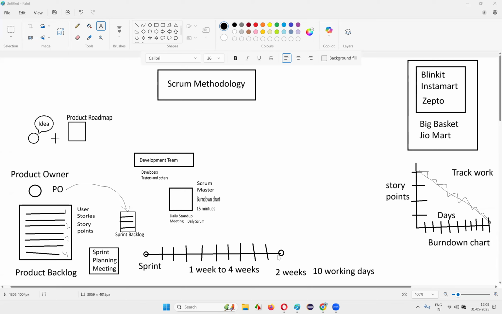At any point of time, if you get a doubt, the product owner will be there to answer your questions on the business side. If you say, this is the requirement I understood, am I right? The product owner will say yes. You can ask all the questions, doubts, and confusions regarding the business side to the product owner. Developers will do the development, testers will do the testing as part of the development team. But all these three people will be working together throughout the sprint. That is another beauty of the